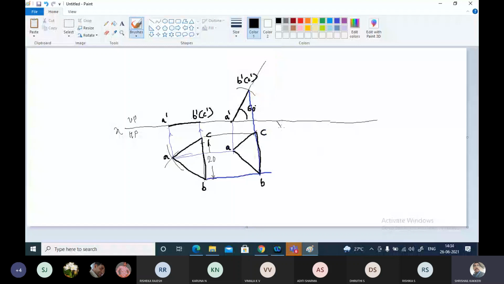We can do it by a variety of methods. I'm going to take a line at an angle of 45 degree. I have taken 45 degree. Now you can locate this. This can be near to the observer, or this can be near to the observer. They have not given us anything. So take this point C here. I have taken the point C here. Please look carefully. Now what you have to do? Measure this length CB and mark here B. I have marked the B.